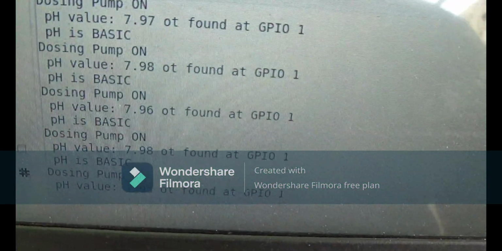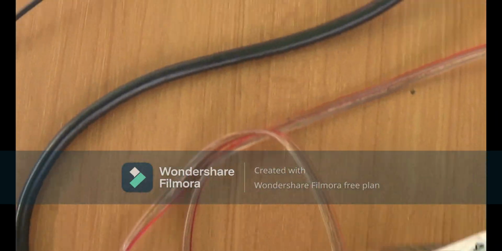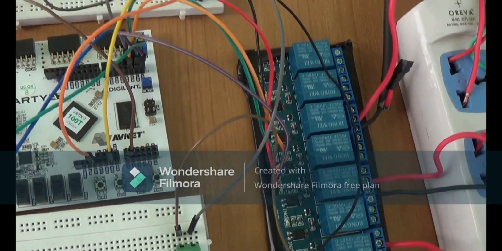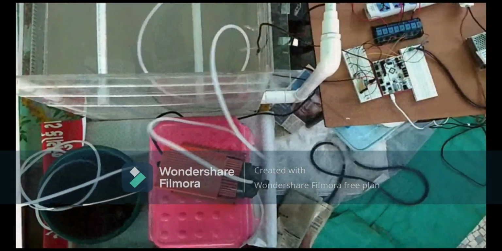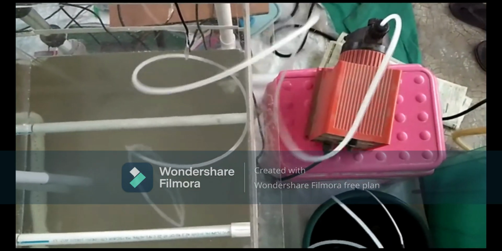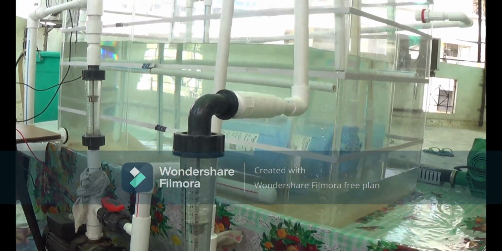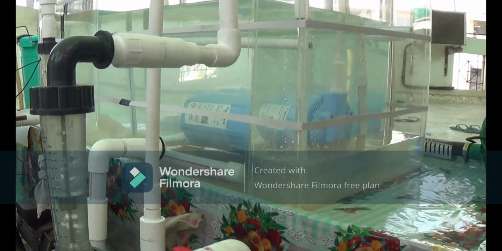This is a pH regulation program centered at 7 pH. We use Vega AS1061 to turn on the relays for the acid dosing pump whenever the pH of input water is basic. Chlorine dosing pump will be added to the last tank and thus the purified water can be obtained.